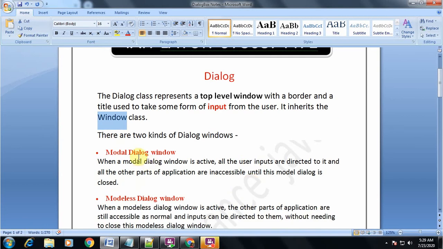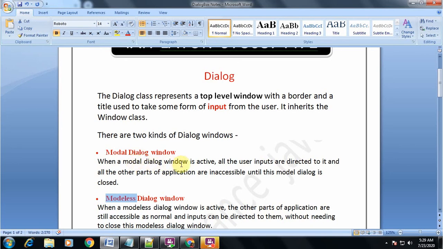Now there are two types of dialog boxes. The first one is called the modal dialog window and the second one is called the modeless dialog window or modeless dialog box. I'll give you a clear understanding of the difference between these two.